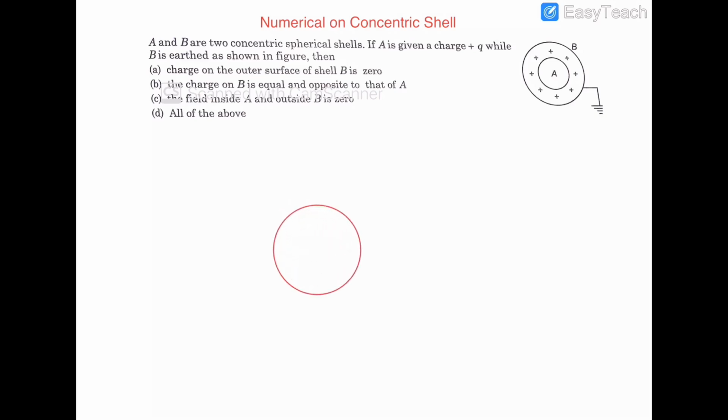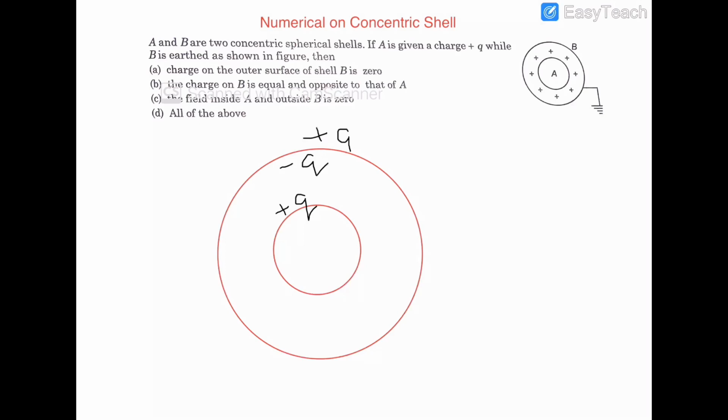I will be drawing this over here. So as plus Q charge is present on the outer surface of shell A, that means minus Q charge will be there on the inner surface of B. Now plus Q charge will be there on the outer surface of B. Now when B is connected to ground, this entire positive Q charge will get neutralized. Therefore, there will be no charge on the outer surface of shell B. So the first option, charge on outer surface of B is 0,